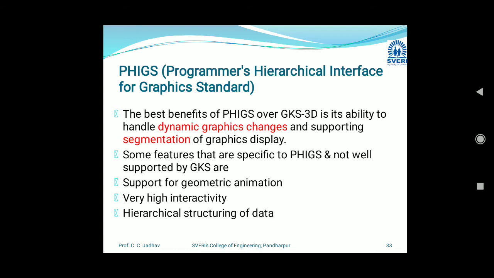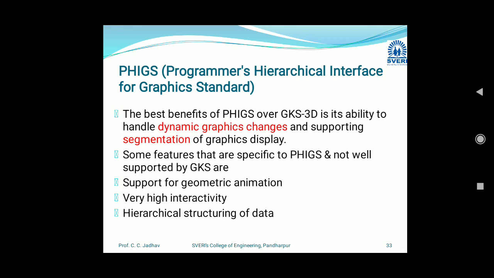Next, PHIGS, the Programmer's Hierarchical Interface for Graphics Standard. The best benefit of this graphics standard over GKS is the ability to handle dynamic graphics changes and support segmentation of the graphic display. The previous standard, GKS, is used for both 2D and 3D, but PHIGS gives more benefit over GKS.